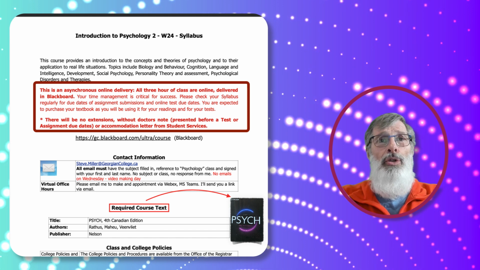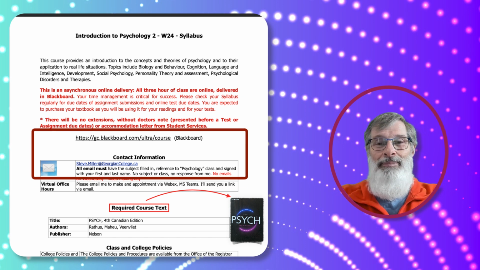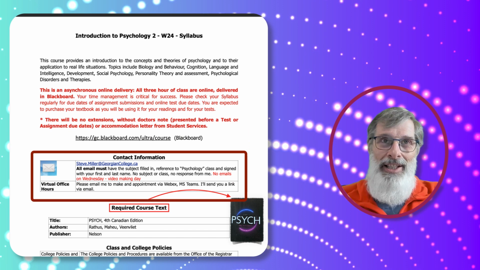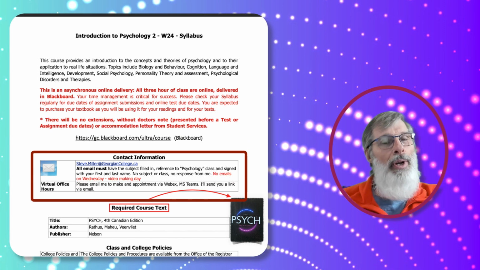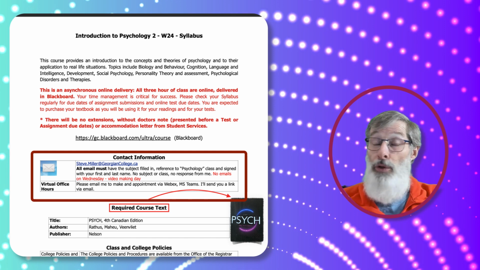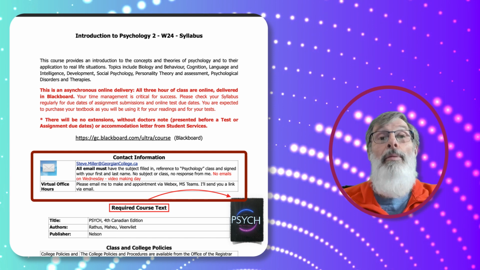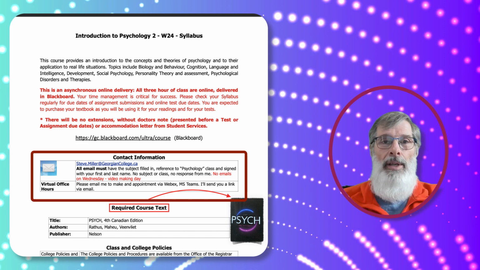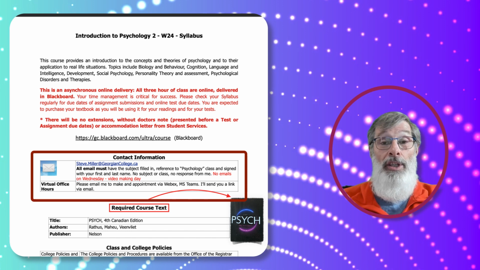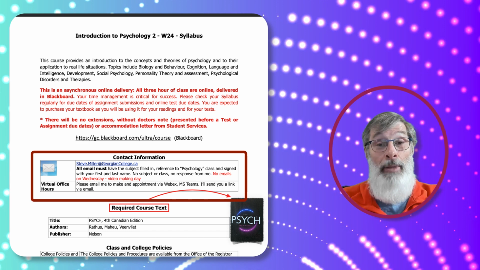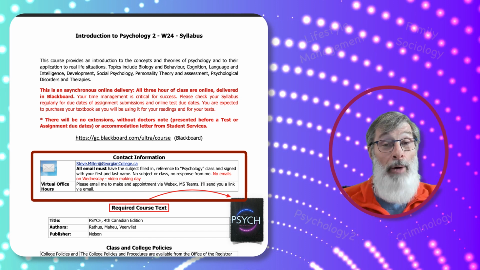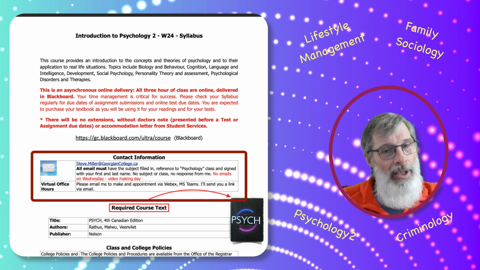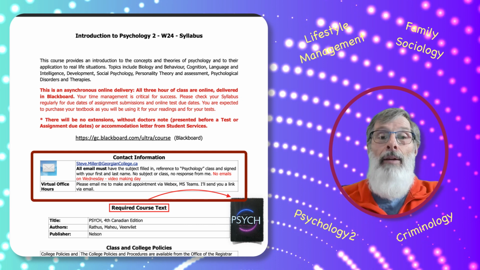I want to get down to how to contact me. Now, that's my email, so please feel free to email me with any questions, but there is a protocol to doing emails. One of the things that's really important within the protocol is I need to know your name. That makes sense. But I also need you to mention what class of mine you're in, because I teach 4 different courses every semester.